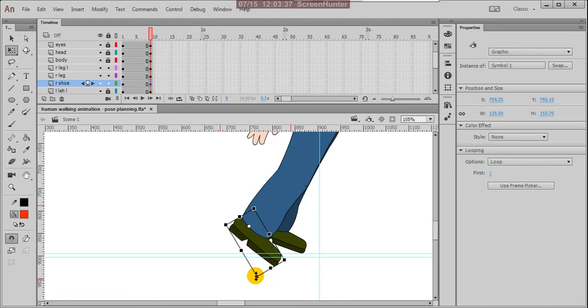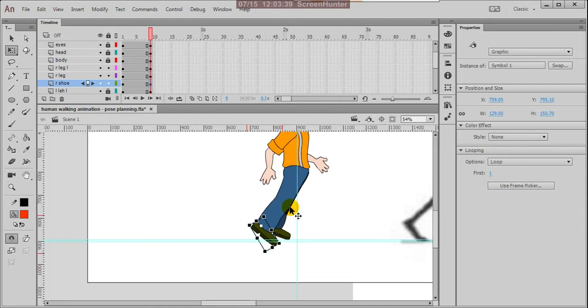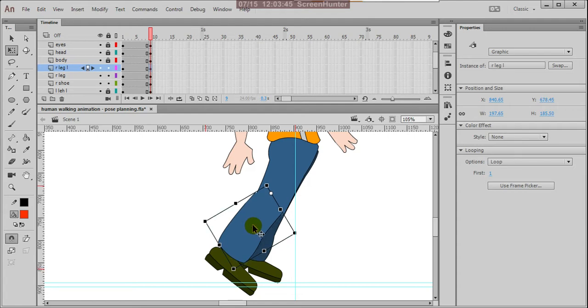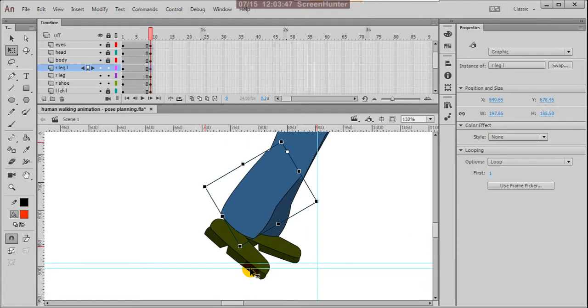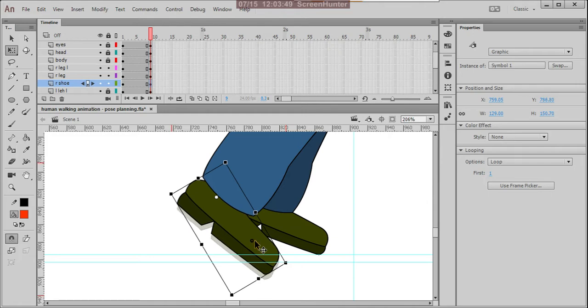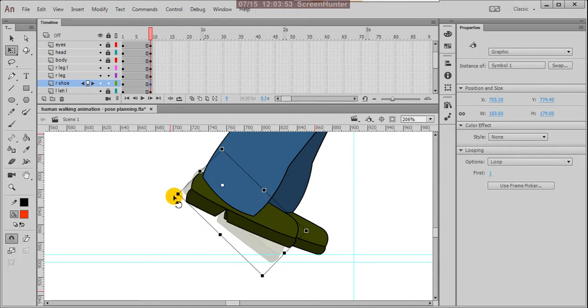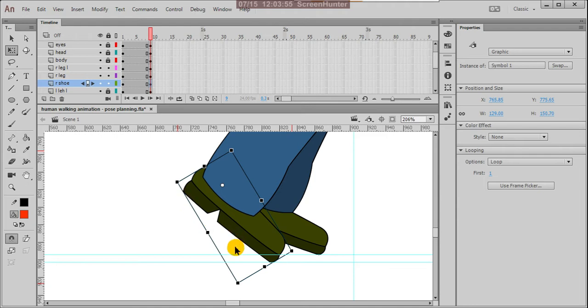This can get a bit inside, because this shoe must be on that line.